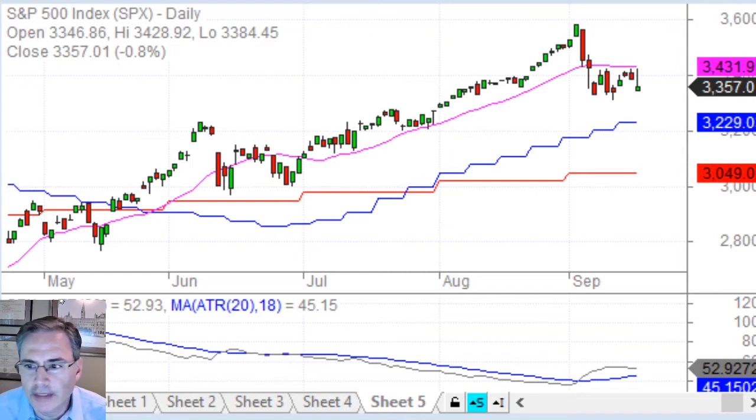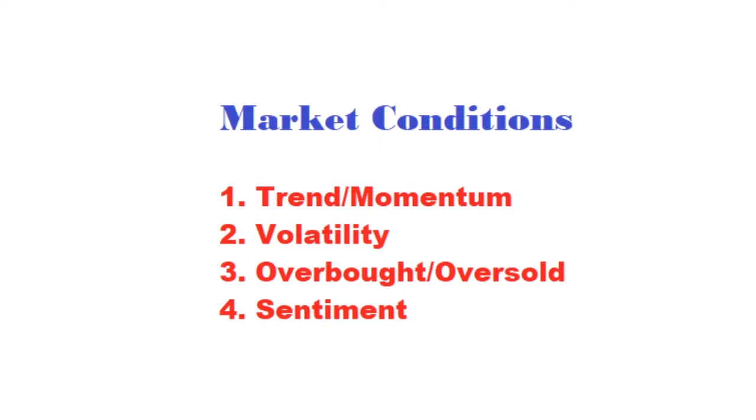Let's switch to the volatility chart. If we look at what's taking place, again, we're trying to get the 18 to roll over. It's actually kind of flat right now. And I think it still wants to work its way down towards this 3,200 area. Especially when we look at what the ATR is doing and the volatility growing and the fact that the moving average is rising, I still think we're in kind of a higher risk territory. If we go back and look at the market conditions, the volatility measure is now negative in my view.